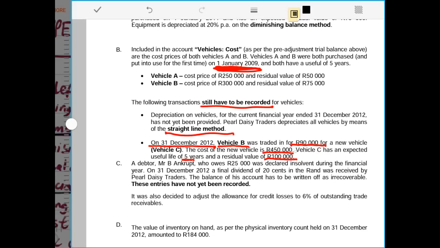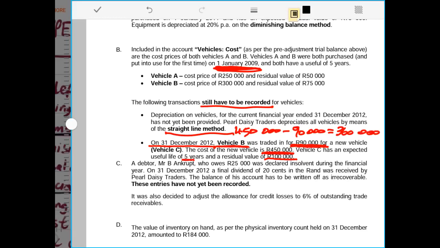So they told us that motor vehicle A was traded in for 90,000 rands. That means we gave away motor vehicle B for 90,000 rands. So if we gave away motor vehicle B for 90,000 rands and we received motor vehicle C costing 450,000 rands, it means the difference was supposed to be paid. Let me just show you the calculations here. Motor vehicle C is costing 450,000 rands, and we gave away motor vehicle A with a value of 90,000 rands, and the difference becomes